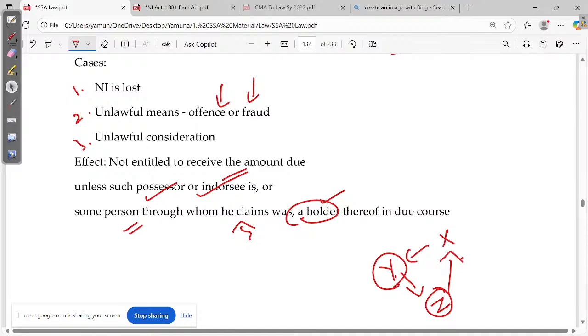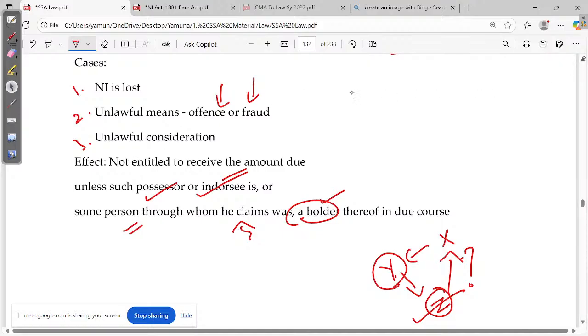X has given the promise. இந்த இன்ஸ்ட்ருமெண்ட் கொண்டு வந்தா நான் பணம் கொடுக்குறேன் ப்ராமிஸ் கொடுத்துருக்காரு. இப்ப எக்ஸுக்கு டவுட் வருது இல்ல, அப்போ என்ன பண்ணக்கூடாது? எக்ஸ் கொடுக்க கூடாது. Z being holder in due course, he has to prove that he has legally opted.